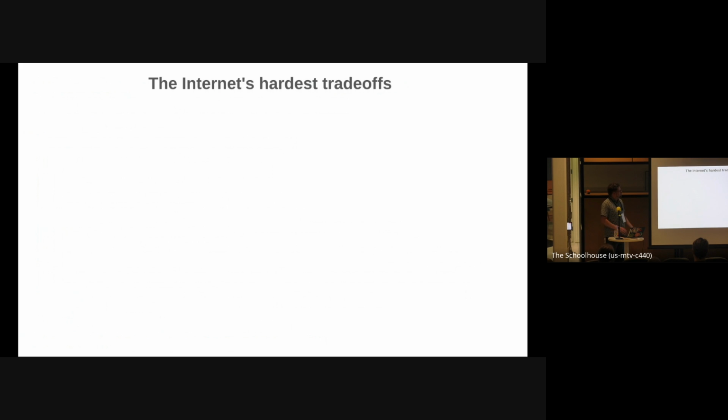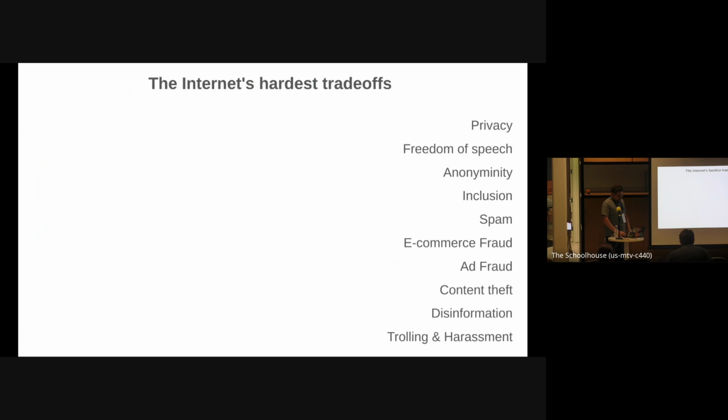Which then, just brainstorming, taking a step back and thinking about it: if we start to have this kind of system, if we start to have zero knowledge proofs, and if a lot of people have government identities on their phone, one of the hardest trade-offs that I think we face on the internet is the trade-off between things like privacy on the right-hand side here. We all want privacy, but we also have to acknowledge that perfect privacy means perfect immunity for criminals. So when we have privacy, we tend to also have disinformation, trolling, harassment, fraud, and it kind of sucks that we have to take both of those at the same time.